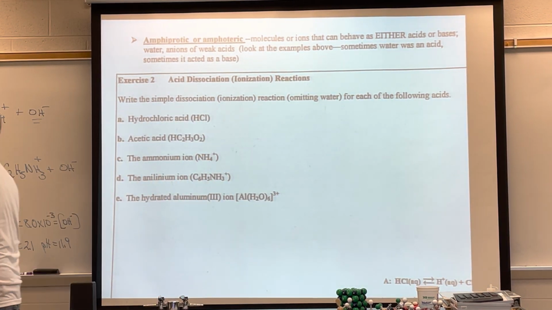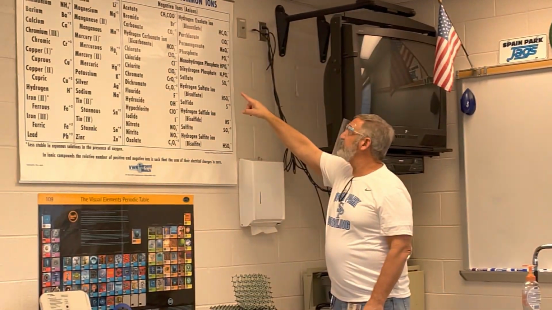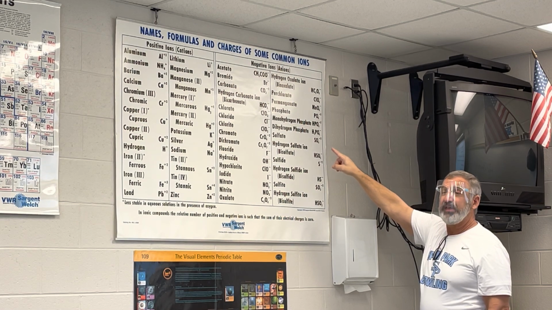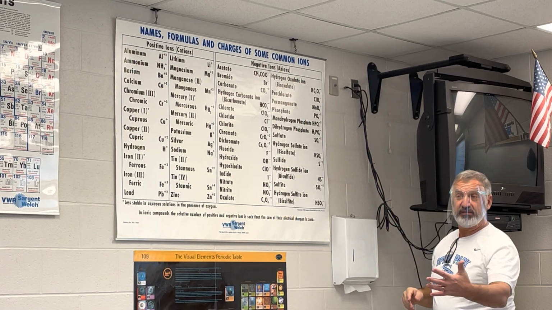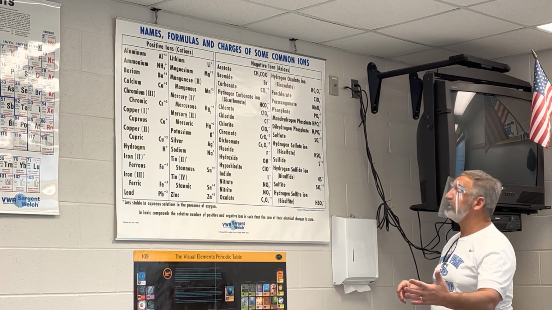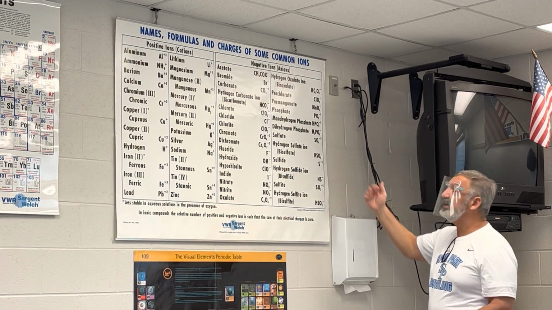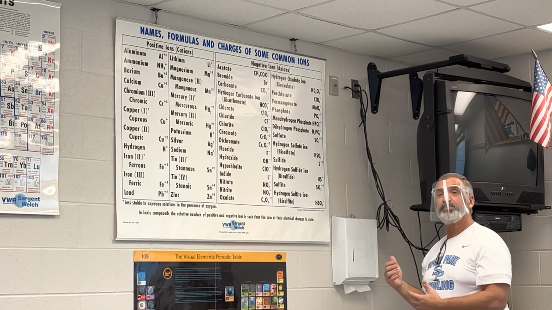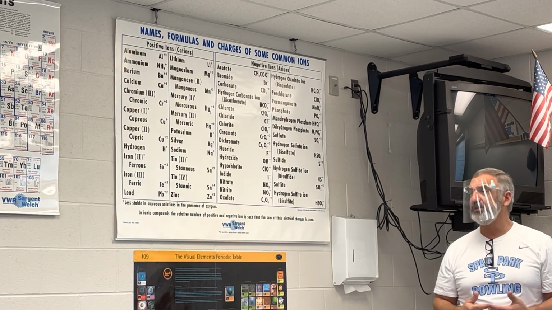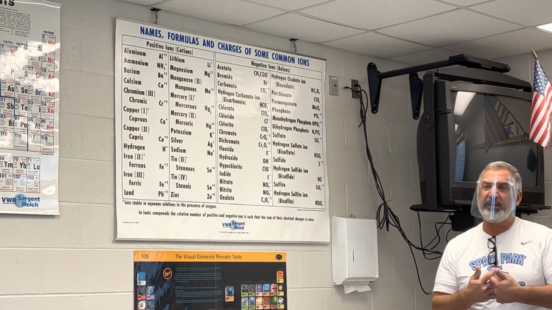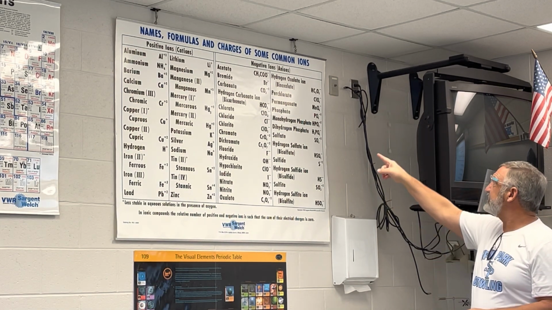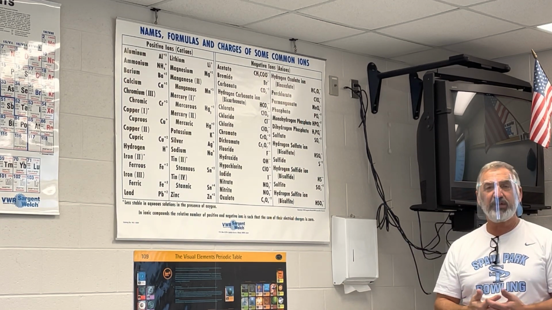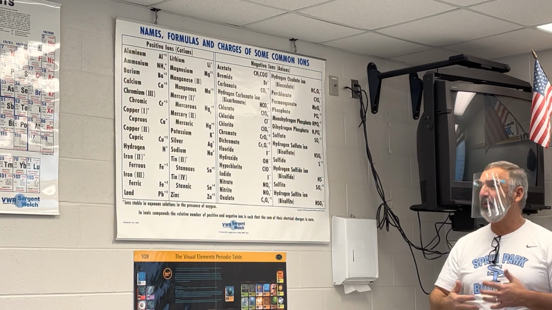And again, up here, if you look at any of your hydrogen anions, like hydrogen carbonate, that has a hydrogen it can donate, become like an acid and go to CO3 2-. But because it's negative, it can also accept a hydrogen and go to H2CO3. That's why bicarbonate, baking soda, and even the fizz and pop, when you dissolve carbon dioxide in water, you get some of that bicarbonate. It helps settle your stomach if you have an upset stomach, because it tends to help get the pH right,